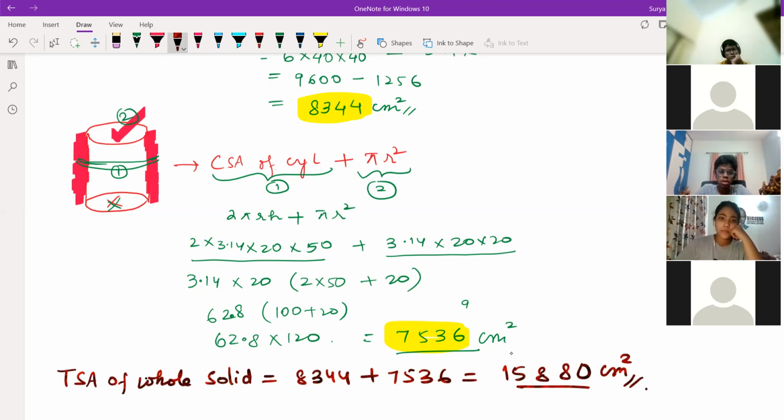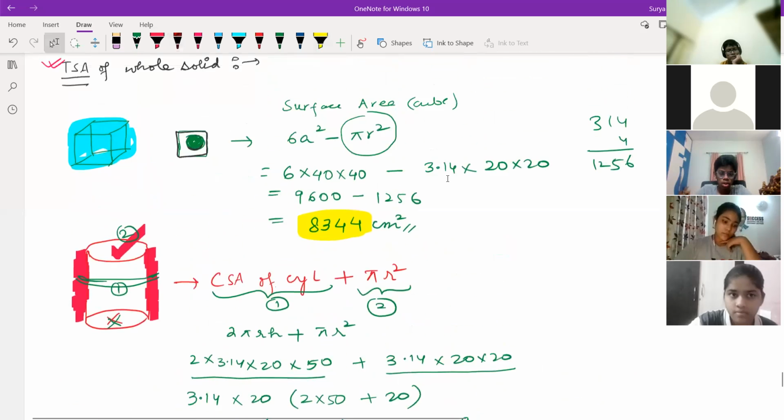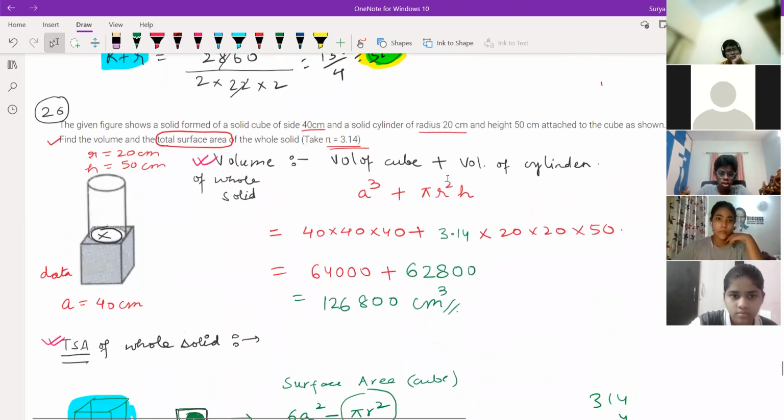So children, if you are doing this kind of level of questions, you can do class 10 surface area and volumes very easily if you're understanding each and every line. Tell me where you are feeling difficulty. Diksha, is everything clear, child? Now see what we have done from the start. Once again, I'll explain you.